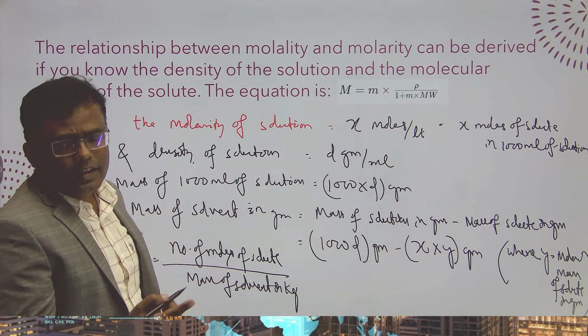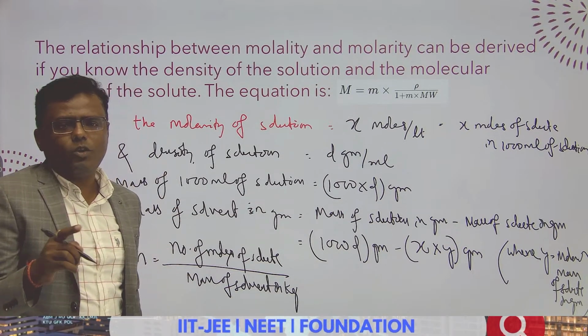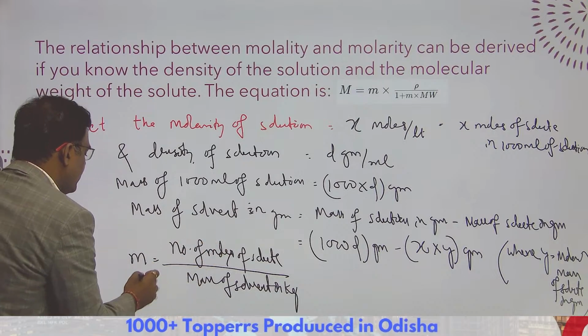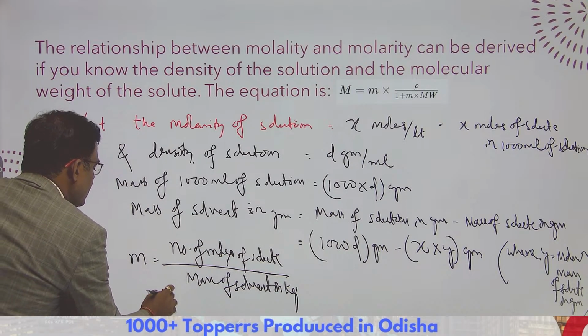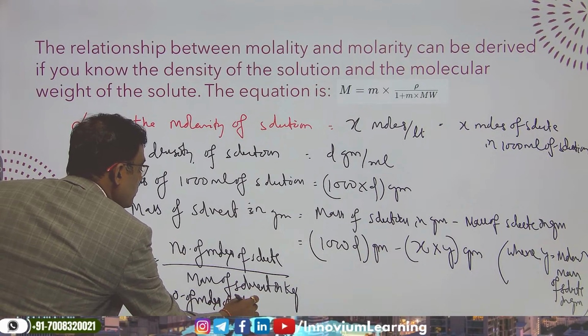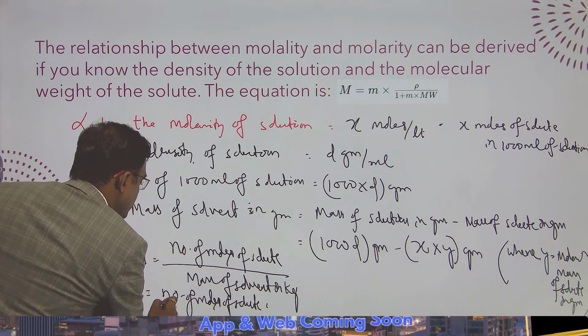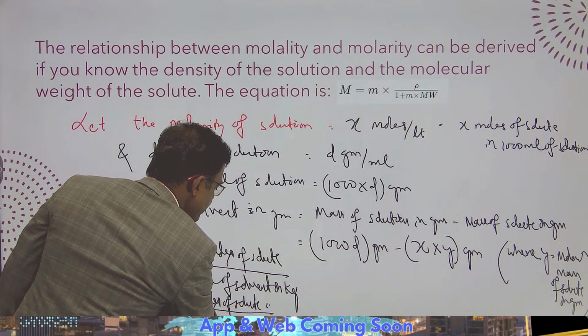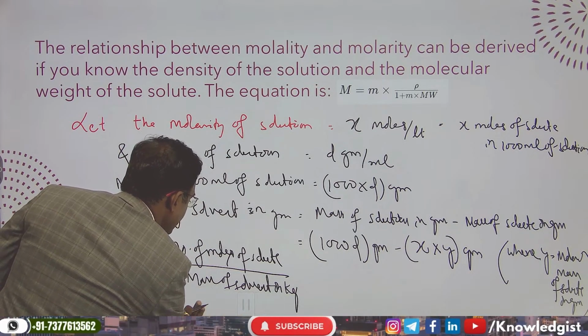If the solvent mass is not in kg, if it is in gram, then the expression is something different. What is that? That is number of moles of solute divided by